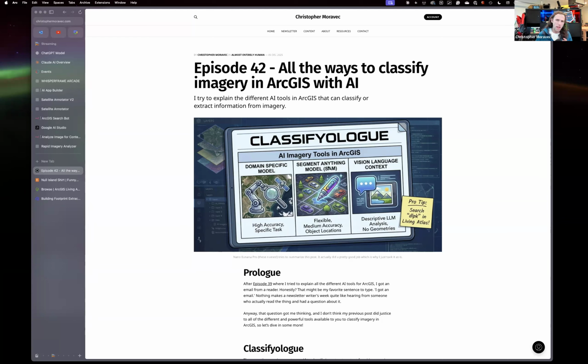Then there's the segment anything model, which you can describe what you want it to extract, and it will extract polygons for you that try to match what you described. And that's quite useful, but not quite as good as domain specific models, but not quite as generic or as flexible as the last one, which is vision language context. And that's what ArcGIS calls using a large language model to do image extraction or image classification. And so I went through this, and